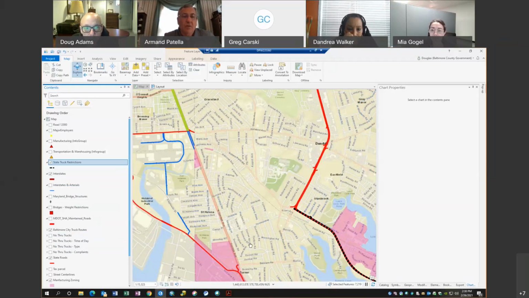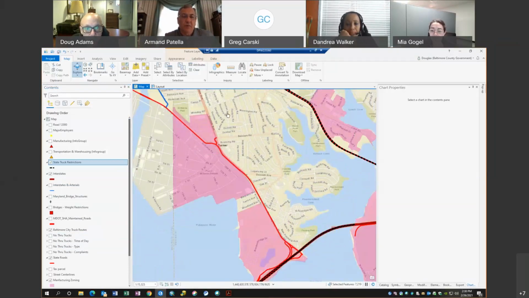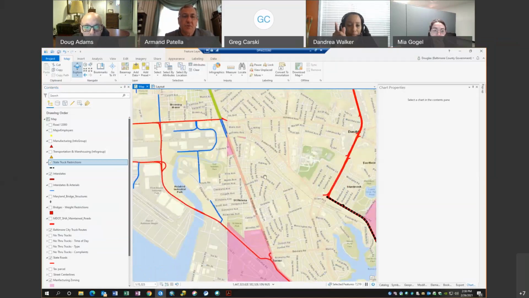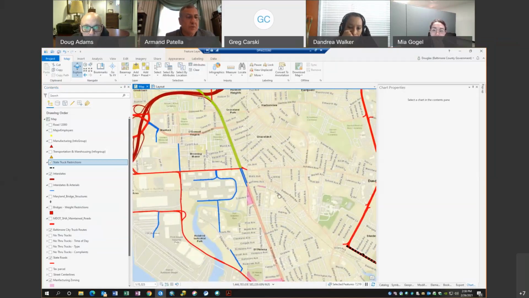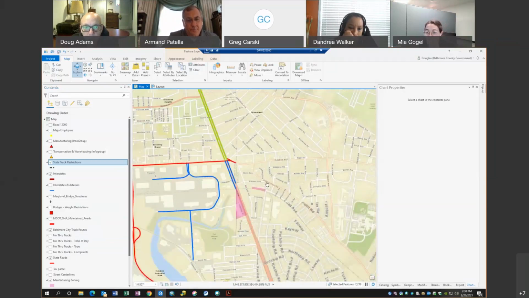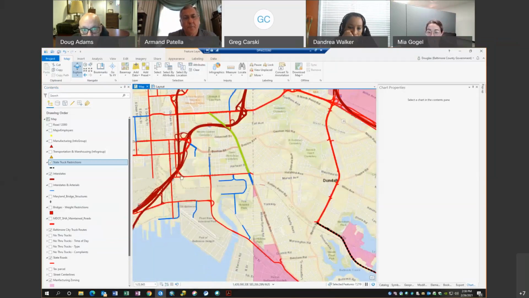Yeah, I wouldn't include them in a restriction. They serve a multitude of purposes. Right. But just so that we've got consistency between the city and the county, if somebody's driving along this road, Halliburtt Avenue in the city, we don't want to necessarily say, no, you've got to stop and turn around. So in theory, we want to consider this local road of Halliburtt Avenue and potentially this chunk of Dundalk Avenue. Right, because they can't get there and stop, is what you're saying.